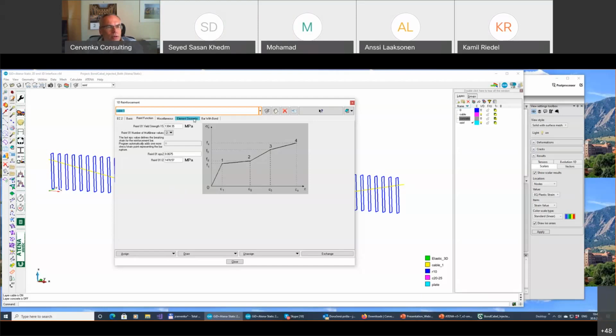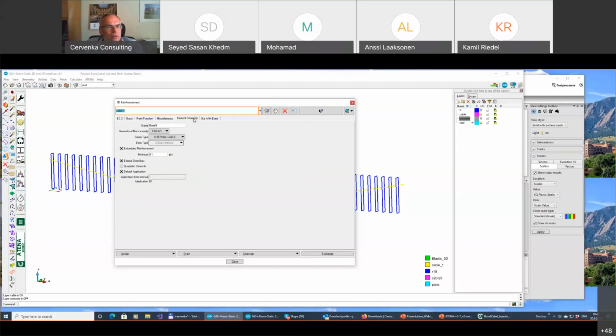Now, however, we want to simulate that this cable will be pre-stressed. So under the geometry tab, we give it a property that it is an internal cable. And then we have this bond behavior dialog, which says that this bar is